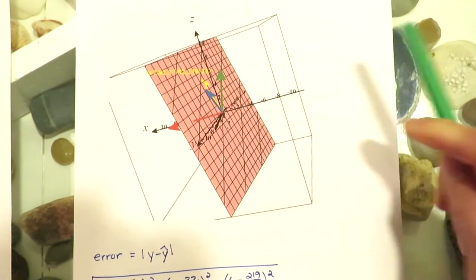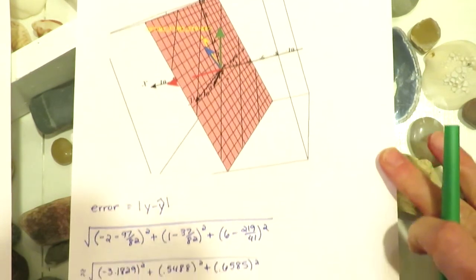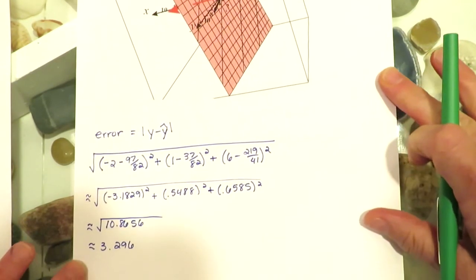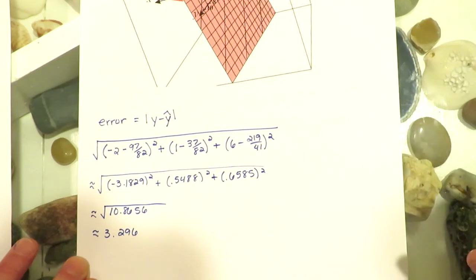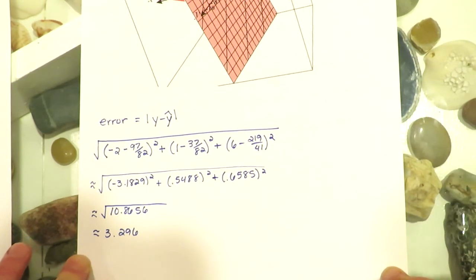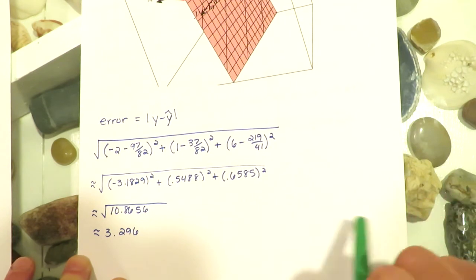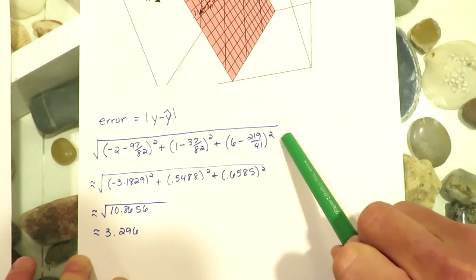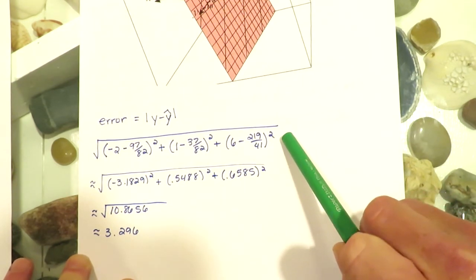You might be interested in the error, and so the error is literally how far apart are the terminal points of Y and Y hat. Again, Y hat is the notation that's often used for an approximation or a prediction. So we're finding the distance between the two terminal points, and we follow the distance formula like we learned in